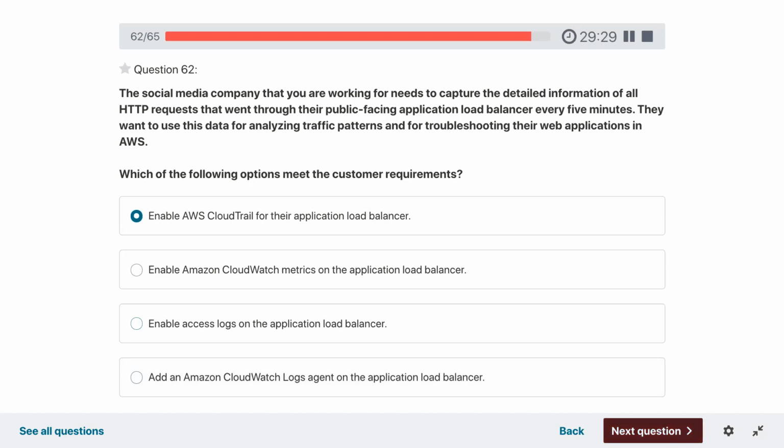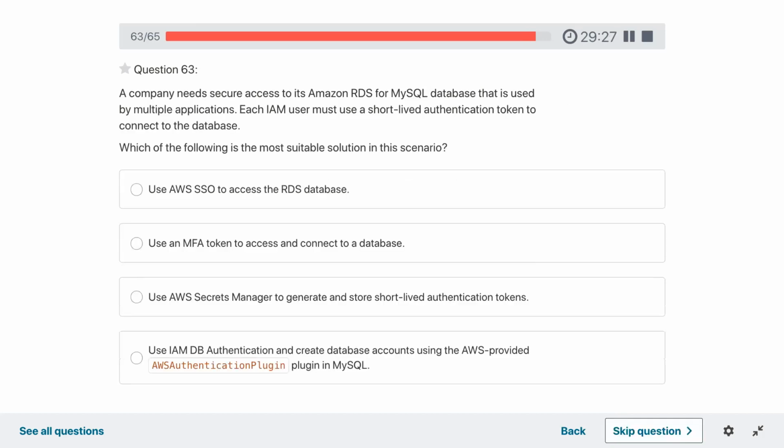A company needs secure access to an RDS for MySQL database that is used by multiple applications. Each IAM user must use a short-lived authentication token to connect to the database. Which of the following is the most suitable scenario?